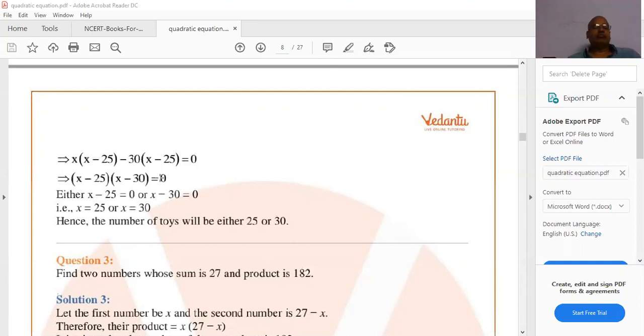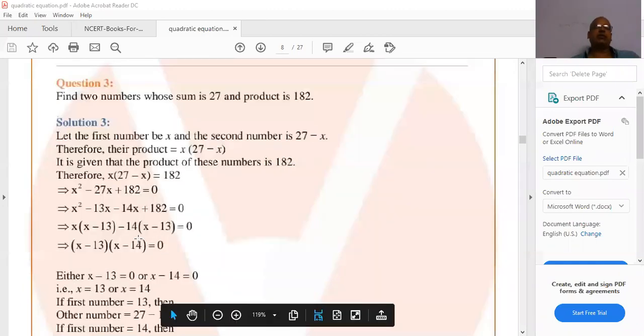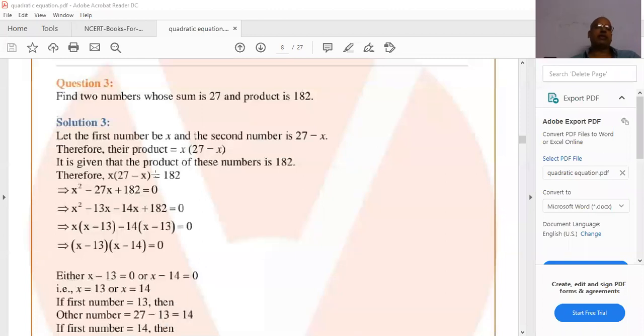Find the two numbers whose sum is 27 and product is 182. Let the first number be x, second number is 27 minus x. Then their product means x of 27 minus x, and the product is 182. So x of 27 minus x equal to 182. If you multiply, 27x minus x square equal to 182. If you transpose, x square minus 27x plus 182